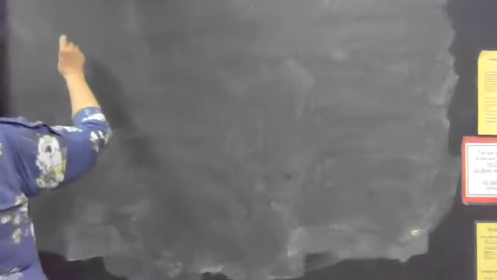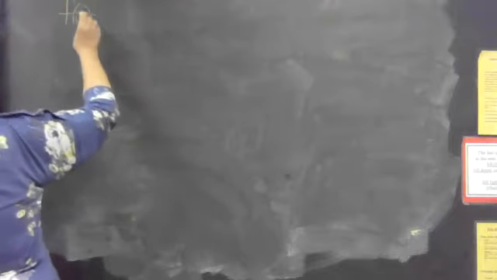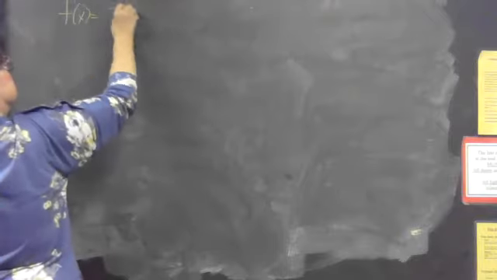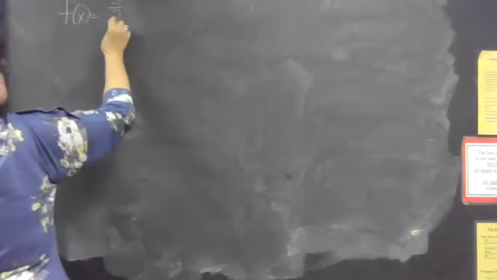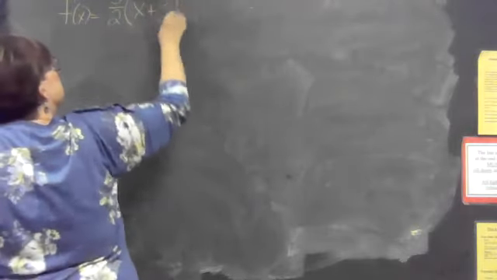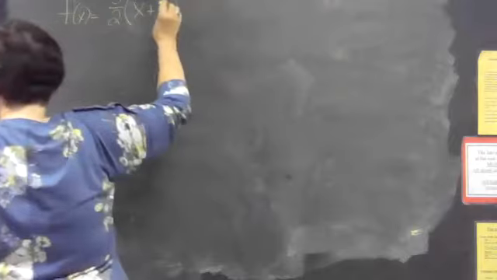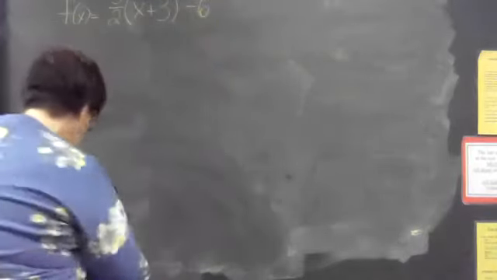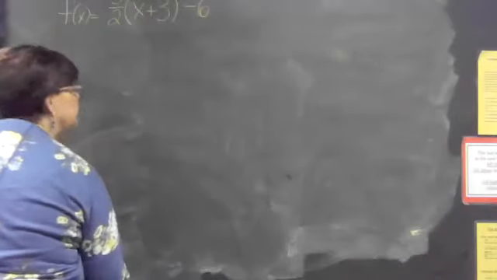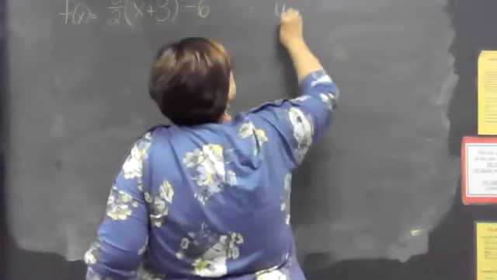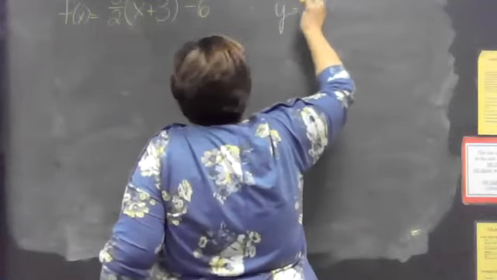Okay. It says f of x equals 3/2 x plus 3 squared minus 6. Okay, this is in what we call the vertex form. The vertex form is y equals, or f of x,